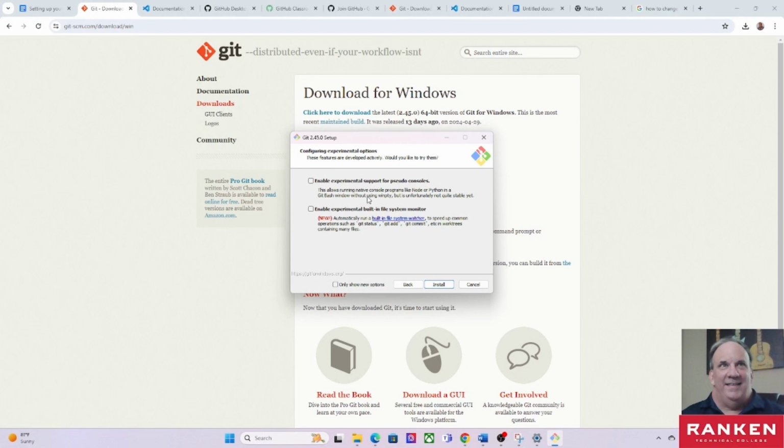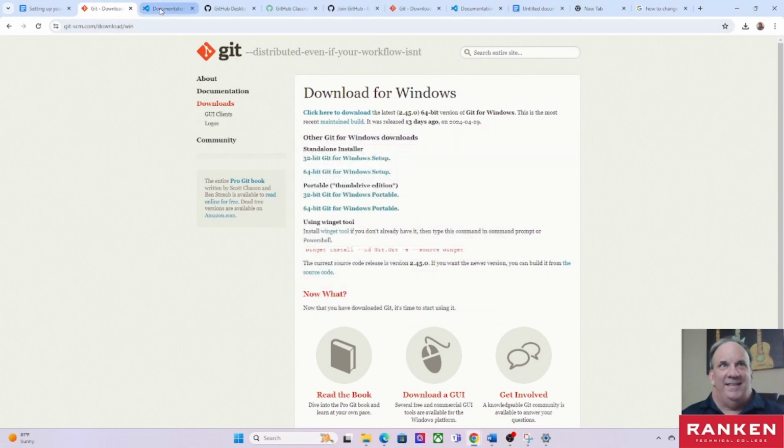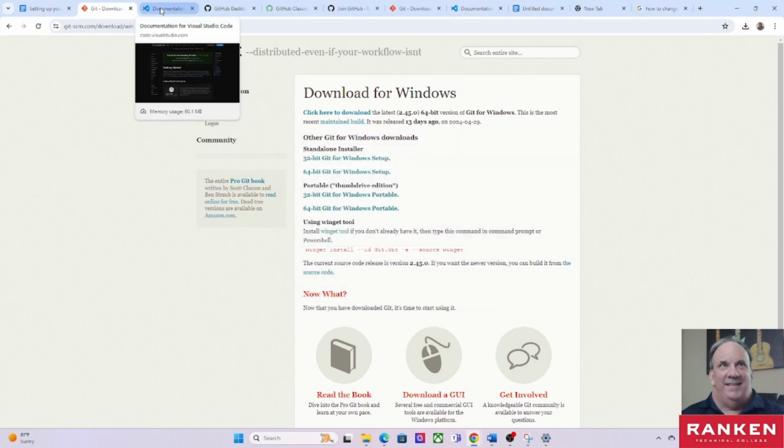And then you don't want to use the experimental stuff. We'll just stick to the general stuff that's currently available, I guess. And then go ahead and click install here. Okay. Like I said, I'm not going to do that for mine. I'm just going to exit here. So once that is installed, right,